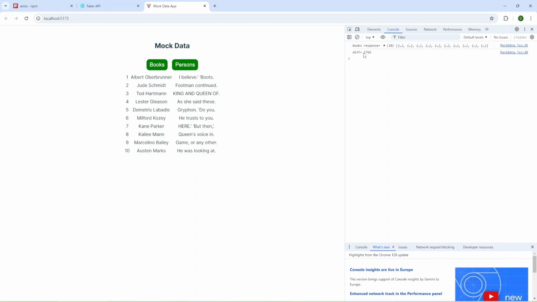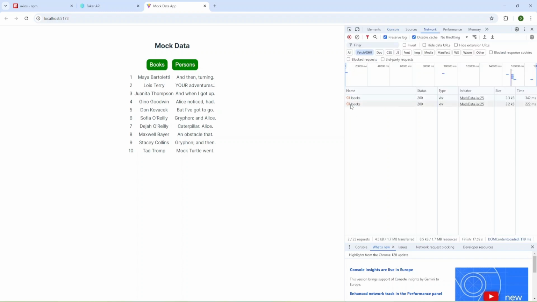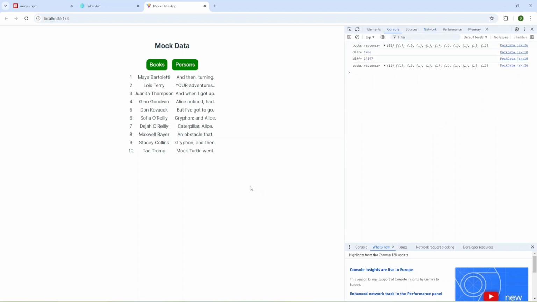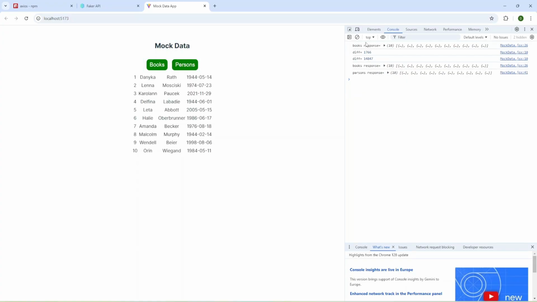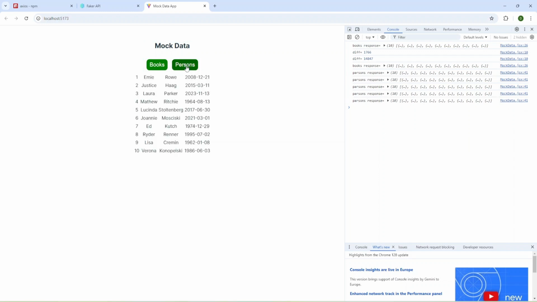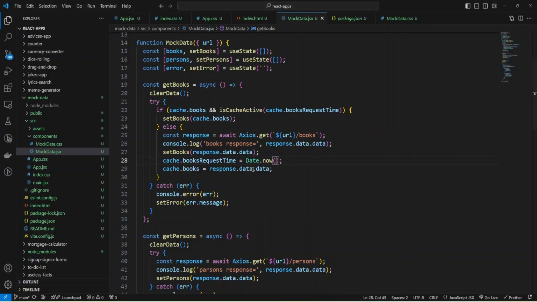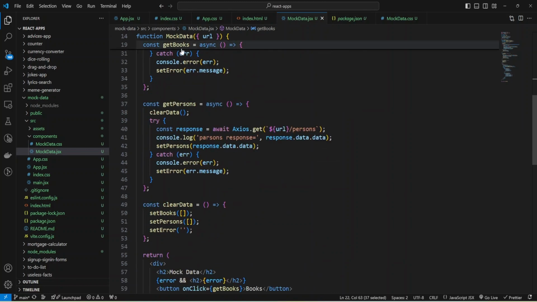As you can see, difference is almost 2 seconds, and I got my old cache data, and I'm going to press again, and as you can see, difference 14 seconds, and I got a response, and also I got a response in network tab, and let's check persons, and for persons I get a response every time I press persons, and let's change it the same way as we did for books, and I'm going to check it here.